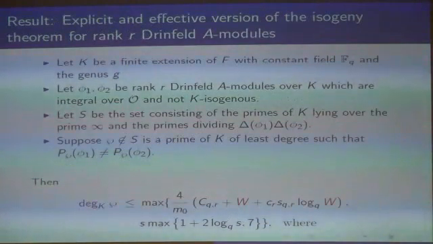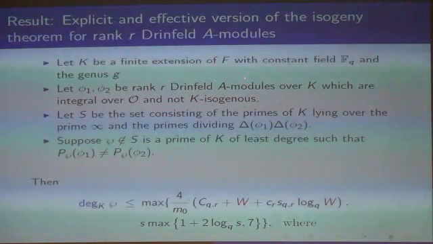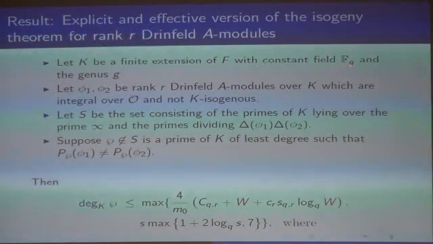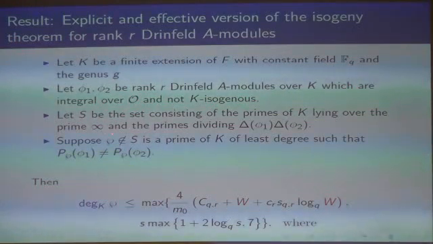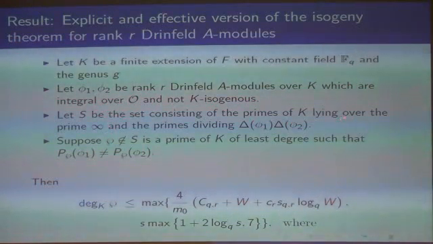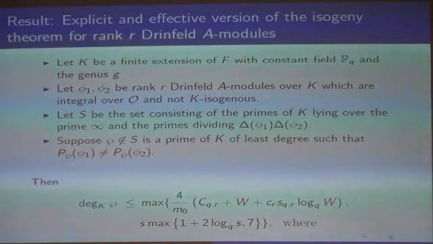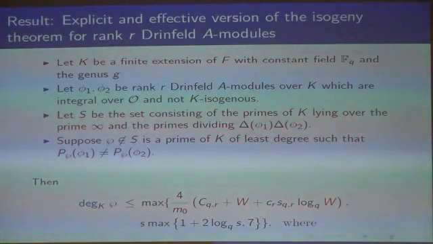Okay, this is the result. K is a finite extension of F with constant field F_q and genus g. And phi_1 and phi_2 are non-isogenous. Before I used phi and phi prime, but I changed the notation to phi_1 and phi_2. And S is the set of primes lying over the infinite place, and the trouble guys, the primes dividing these discriminant values. And P is a prime of K,